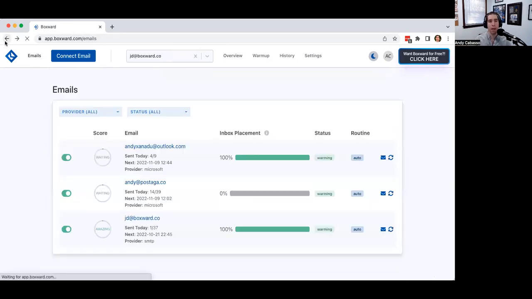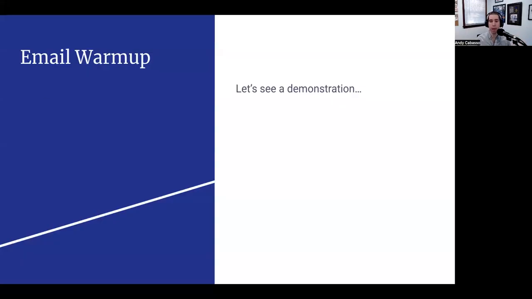Stuff like that. And yeah, that's basically the entire process of setting up email warmup. I'd recommend that be part of really any time that you are starting to do outreach. Having email warmup in place ensures that your open rates are going to be higher, and that you're going to get better deliverability from that.